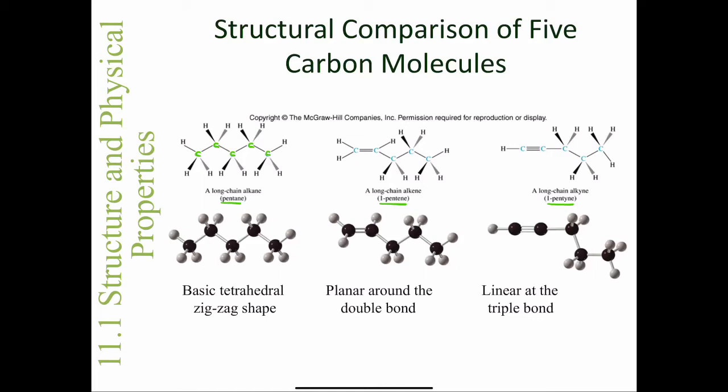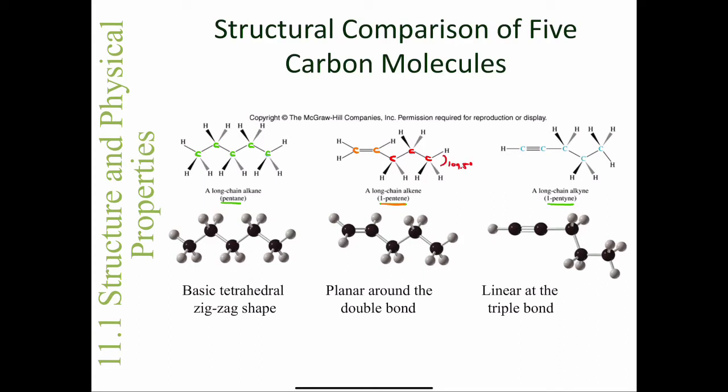Every bond angle in that molecule is going to be 109.5 degrees. In the 5 carbon alkene, 1-pentene, in the middle, the carbons that I'm highlighting here in orange, both of those have 2 single bonds and 1 double bond. So both of those carbons highlighted in orange have a trigonal planar molecular geometry. But the remainder of the carbons, which I'm highlighting in red, all have 4 single bonds, and thus those carbons, again, the ones highlighted in red, all are tetrahedral in terms of their molecular geometry, and all have bond angles of